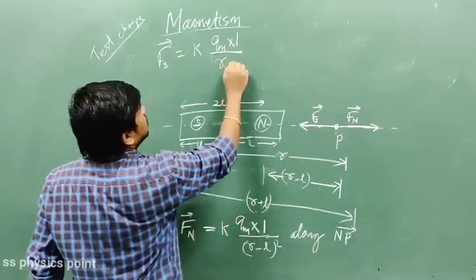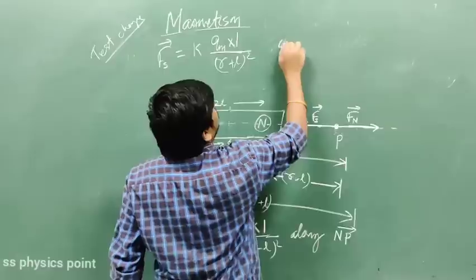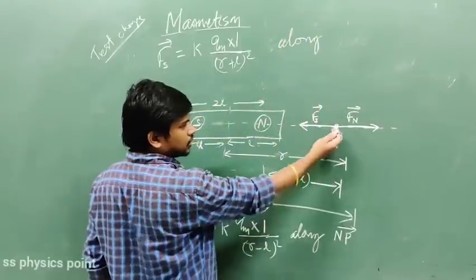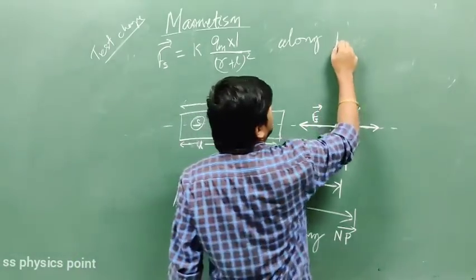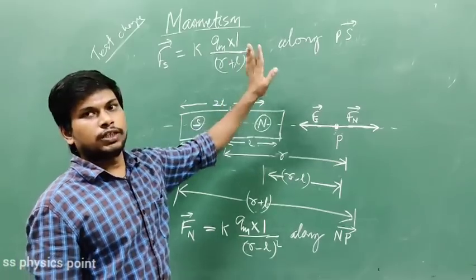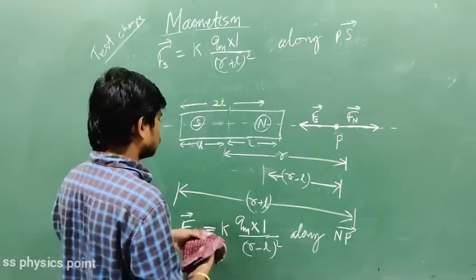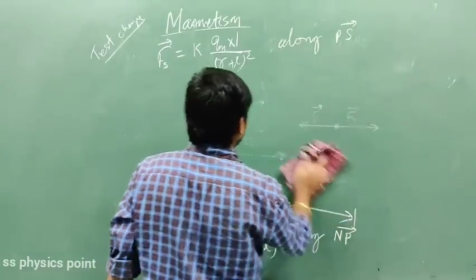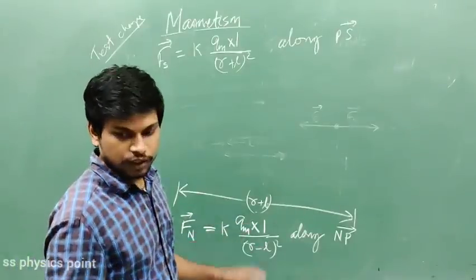which is a distance of r plus l. So you just write it here, (r plus l) whole square, along... इसका डायरेक्शन कहाँ पर है इसको मेंशन करना बहुत जरूरी है. डायरेक्शन इज टुवर्ड्स दिस साइड. सो P से लेकर S तक. सो along PS. Along PS, write it perfectly so that you will get full marks. Otherwise, don't argue in the examination also. Many people don't get full marks in long questions also because of small mistakes.